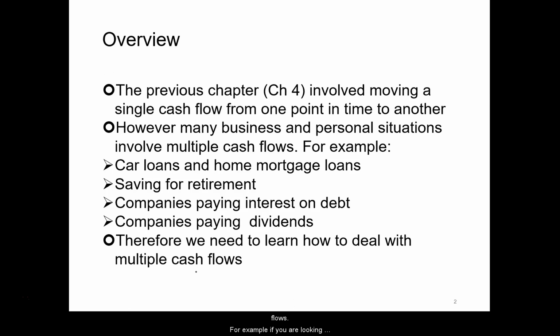For example, if you are looking at a car loan, usually that's 12 payments a year for 3 or 5 years. So that would involve about 36 or 60 payments. And if you have a mortgage, usually 12 payments a year for like 30 years. So again, multiple payments. If you are saving for your retirement, you don't just save once. Instead, you contribute to your, for example, 401k or IRA every month for the next many years. All these situations demand our understanding of time value of money in a multiple cash flow setting.